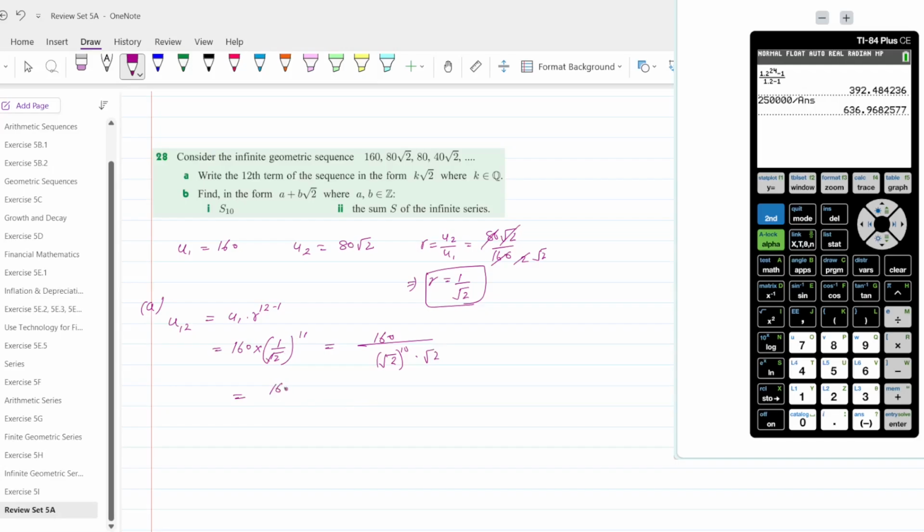So this becomes 160 divided by 2 raised to the power 5 times root 2. Now 2 raised to the power 5 is 32. So 160 divided by 32